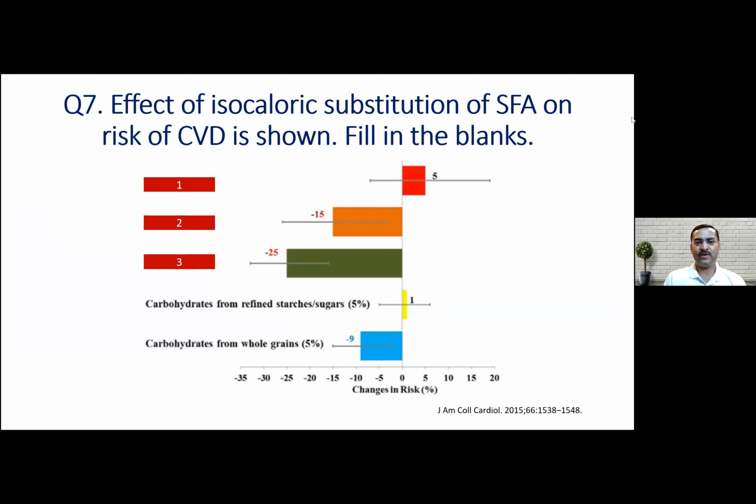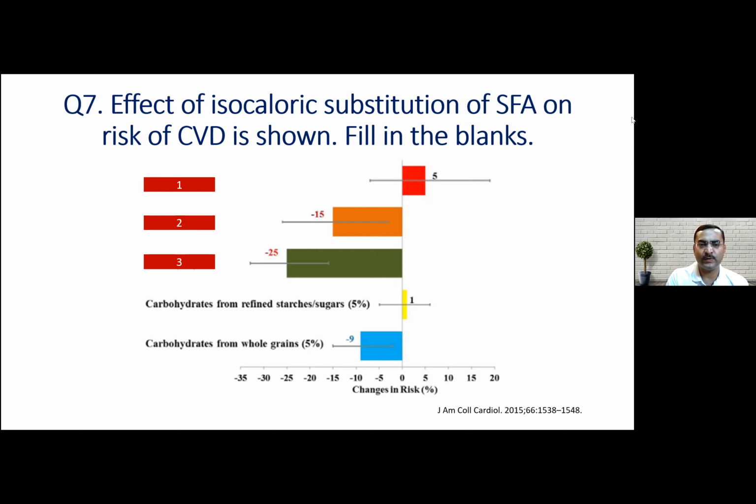In question number 7, it looks a bit complicated, but it's actually easy. There are certain big studies done to look at the effect of different dietary components on the risk of cardiovascular disease. And we now know that saturated fatty acids in general, particularly if we obtain them from, say, dairy sources or from lean poultry, they do not lead to a significant increase in cardiovascular disease. However, saturated fatty acids, if replaced by some other sources of energy, for example, if you look to the bottom of your screen, if you look at the blue bar,